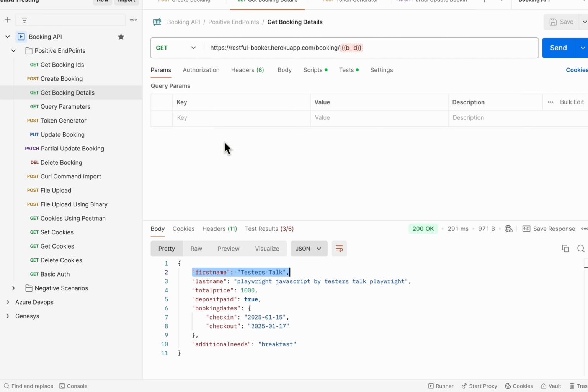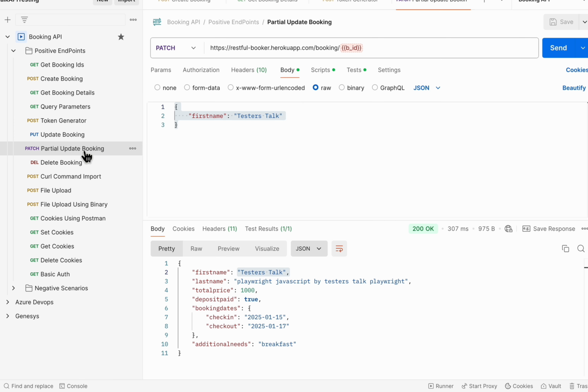So far we have already automated the create booking API, get booking details API, and also we are able to generate the token for the put API request. So only we have to create the patch API request using Playwright now. So here what I will do, right? Simply I will go to the partial update booking API. I'll copy the API request body and then